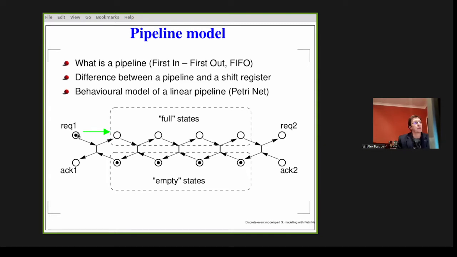Now look, which transitions in the system are enabled? This one is enabled because it's preset according to this arc and this. It's preset, so this place and this place is filled with tokens. So this transition is prepared to fire, and this corresponds to the data moving from this stage to the other stage, and this flag will go down and this flag will go up. Why? Because if you fire this transition, then these tokens disappear, and the tokens will appear here and there. Does it make sense?